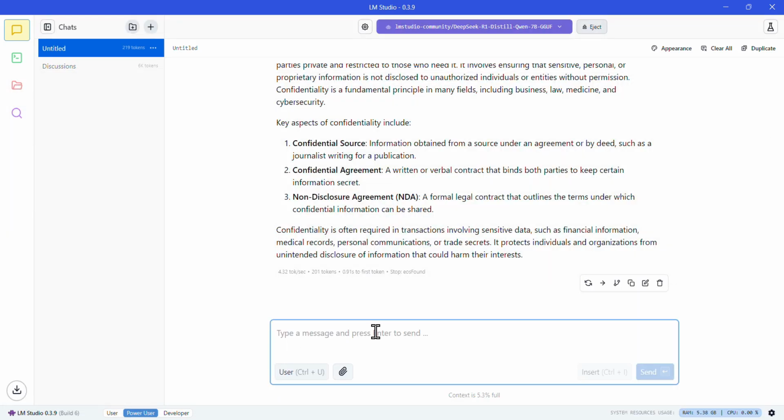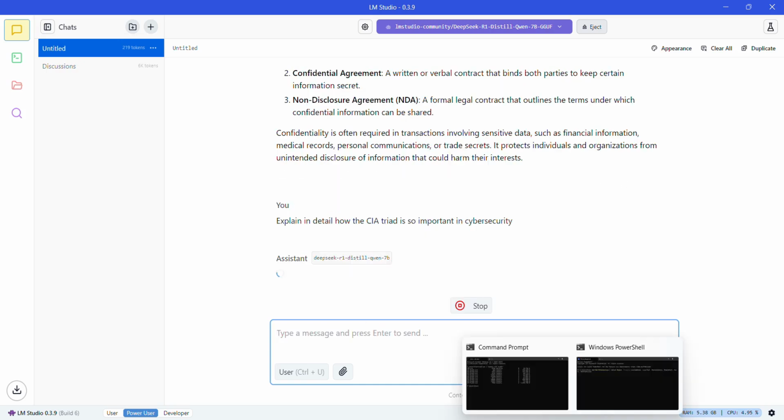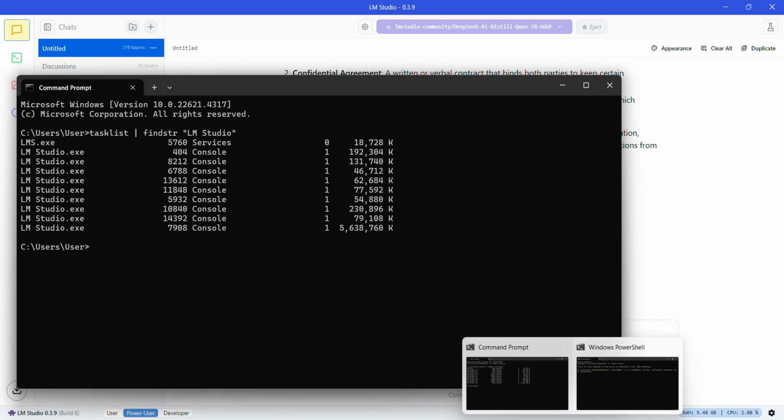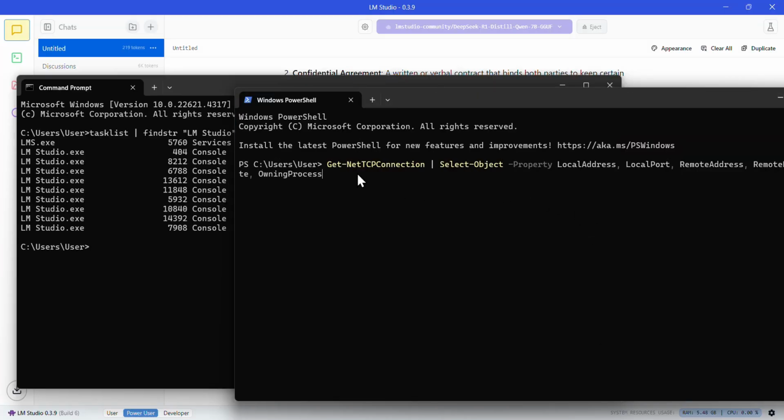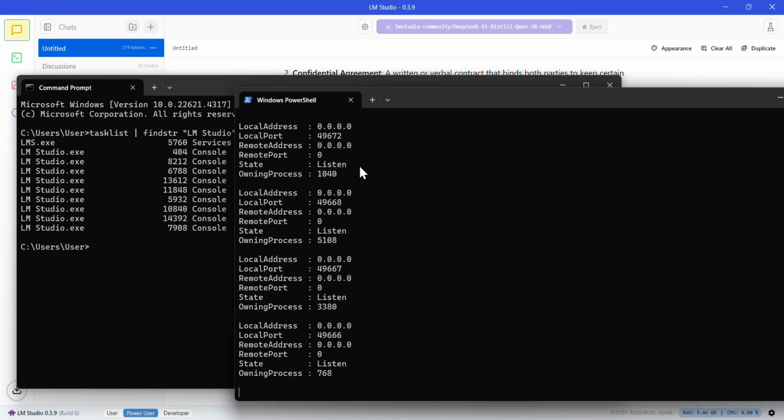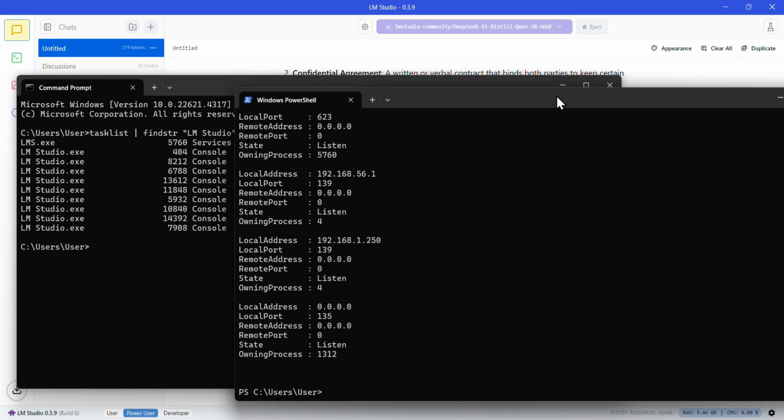So let me get the model busy. Explain in detail why confidentiality is so important in cyber security. Right. As it's running, I'll hit enter on the PowerShell command, and look for any process that is